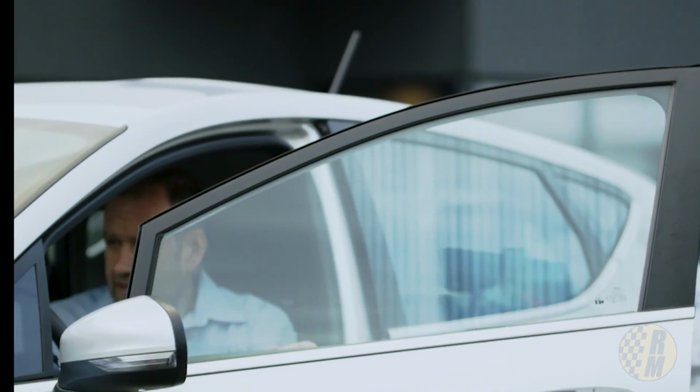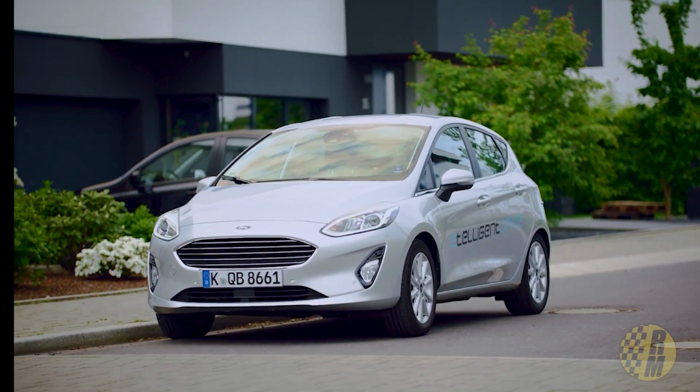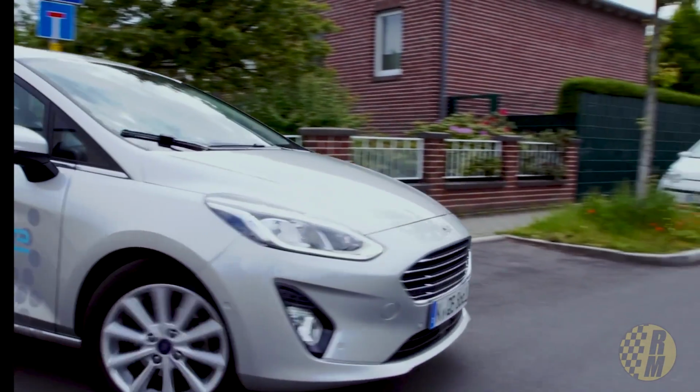Customers benefit from numerous features, such as the free choice of drive modes. Thus, the driver can decide to turn on the combustion engine and drive in hybrid mode or in pure E